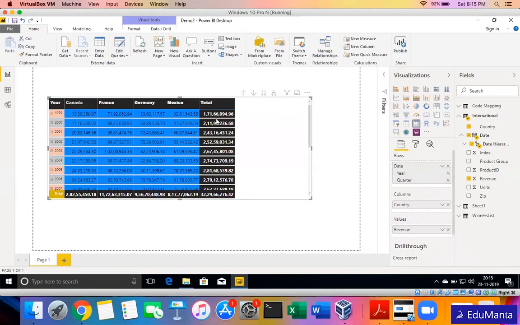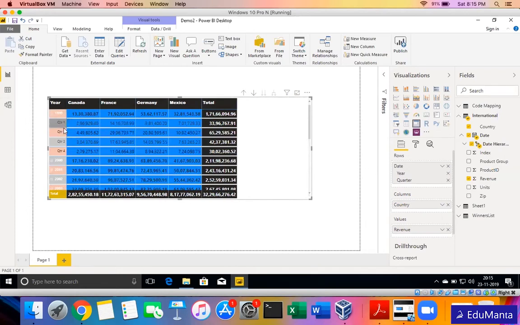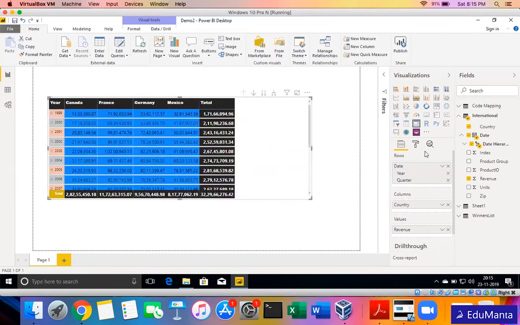So we have this icon here on the top. It is only when we have multiple layers of data inside either row or column. Otherwise, this icon doesn't come up. And we also have a plus icon here. So now if I click on 1999, for example, then it will show me the split of data by quarters as well. And I can click back on the minus icon. I can also customize this further.